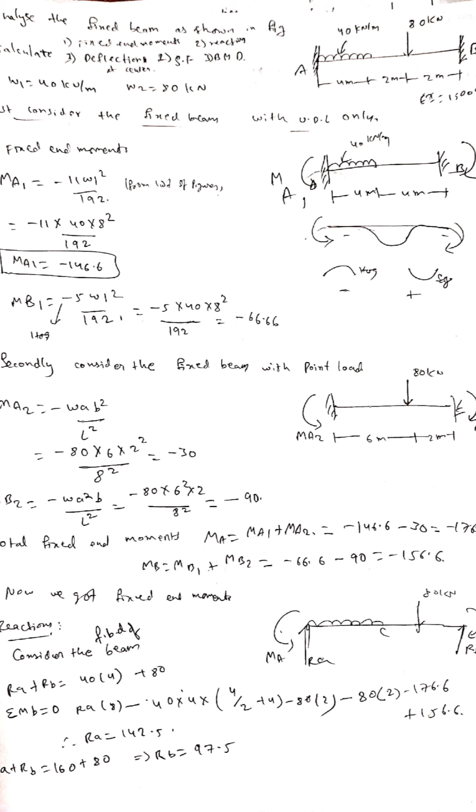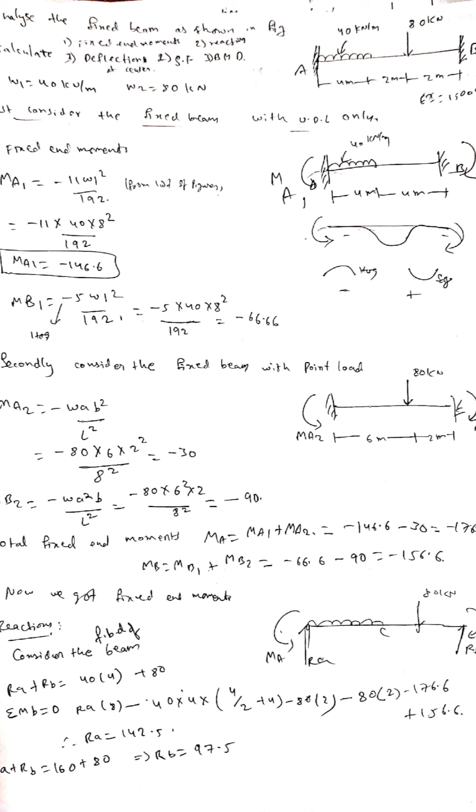for the fixed beam, we know that formula is minus 11 WL square by 192. Why minus here? Because there is a negative bending moment, hogging, at the fixed supports. So here W is 40, therefore minus 11 into 40 into 8 square by 192, it is minus 146.6. So MB1 formula is minus 5 WL square by 192, minus 5 into 40 into 8 square by 192, it is minus